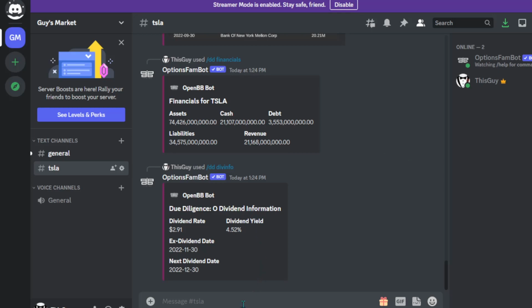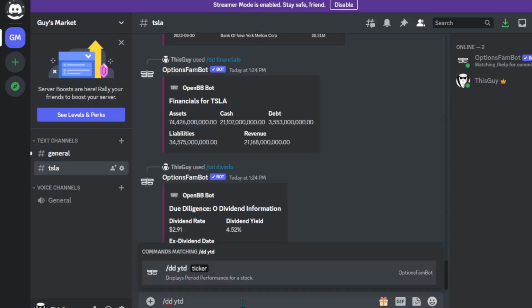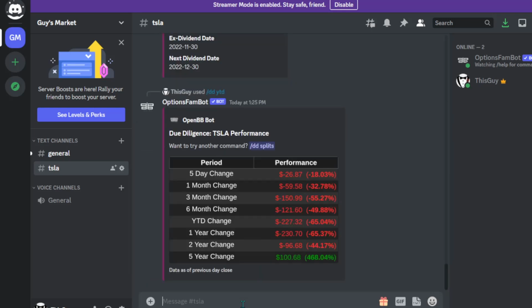So let's just look at a few more functions. Let's do DD and YTD. So YTD stands for year to date. Let's also do Tesla here. So it says 5-day change was $26.87. That is 18%. 1 month change was $59.58. That is down 32.78%. 3 month change is down $150.99. That is